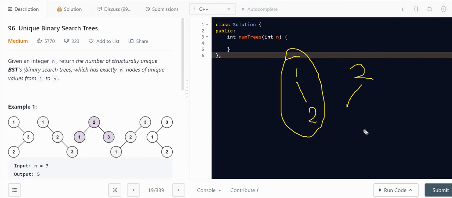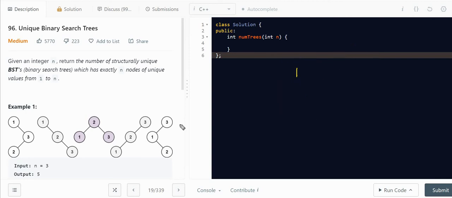And if I talk about three, how I can find the 5 ways, I can easily explain that. Let's say I take 1 as the head, right? So the children would be in 2 ways. The left is none, because 1 is already lesser than the elements 2 and 3. So 2 and 3 can only be placed to the right of 1, right?